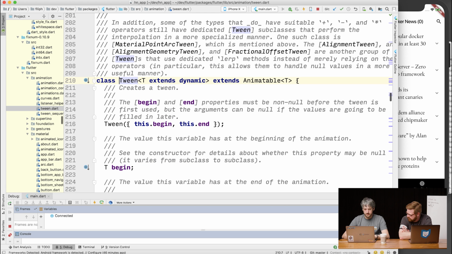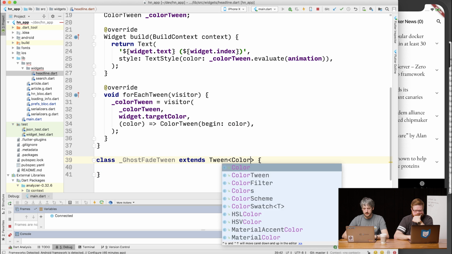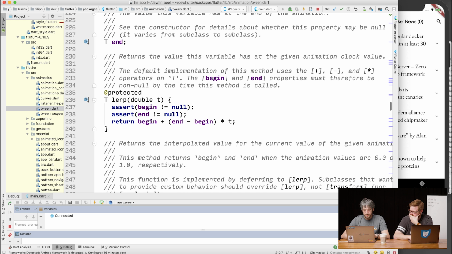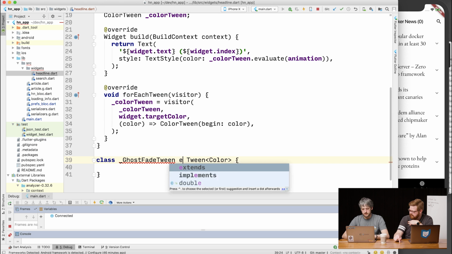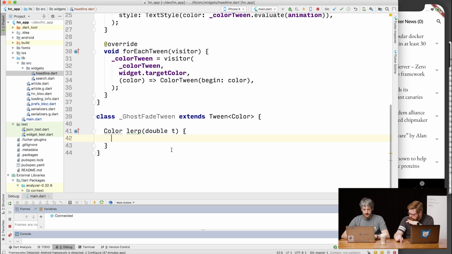I think you need to give it a generic value, right? Yeah. Okay, so it takes a color, so it's a tween of color. I just want to extend. So we have to lerp. Lerping is like we must lerp for ourselves now, right? That's the real magic that a tween is supposed to do, right? Yes. Okay, so it takes a color and a double t, and then we want to say, basically